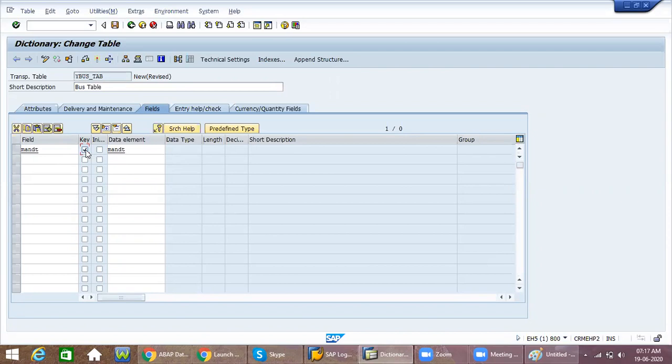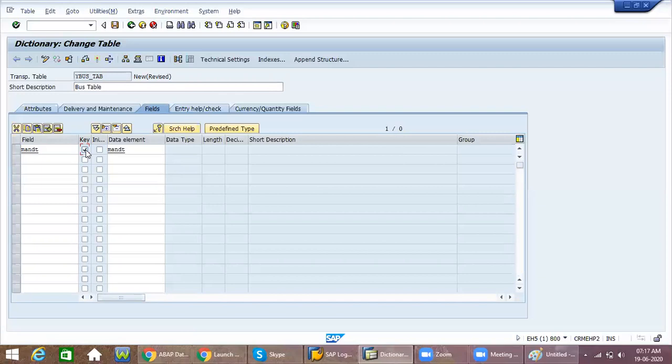In SAP, there are different types of tables. Database tables are different, and internal tables are different. Whenever internal tables come up I will explain that, but as of now just remember that these are the database tables we are discussing. We have three types of database tables: transparent tables, pool tables and cluster tables.